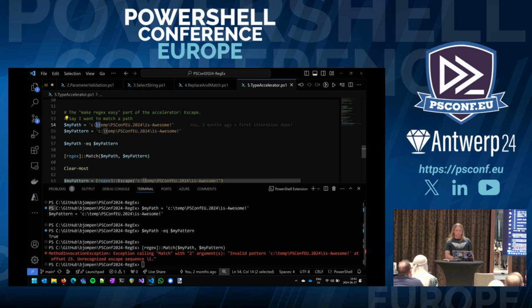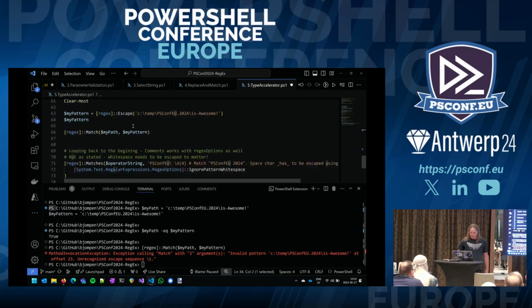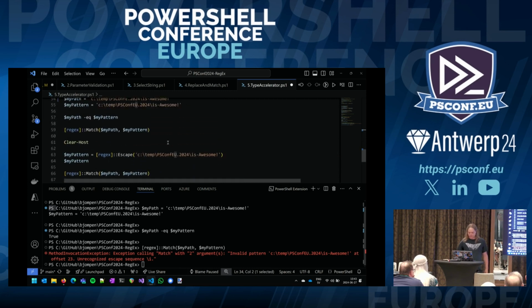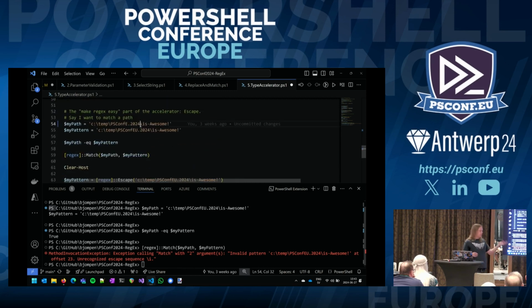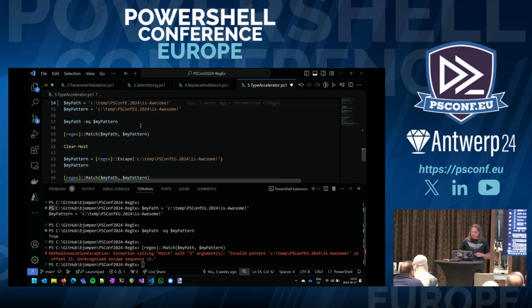And we also have a dot in our little path here. Dot means everything. So there's a couple of Regex patterns included in this string. So what we can do